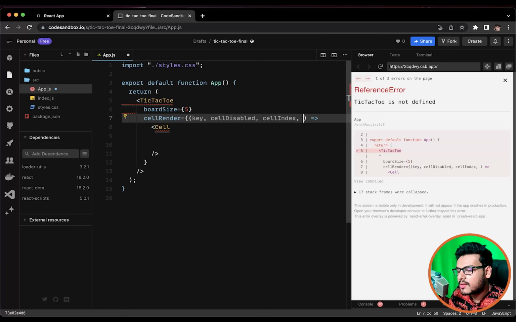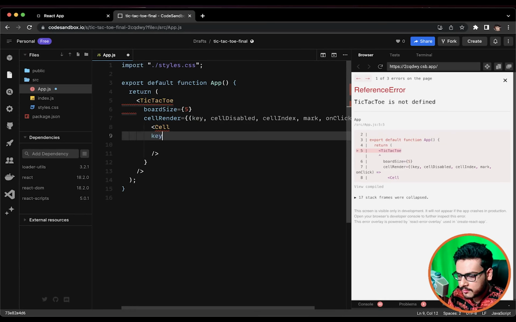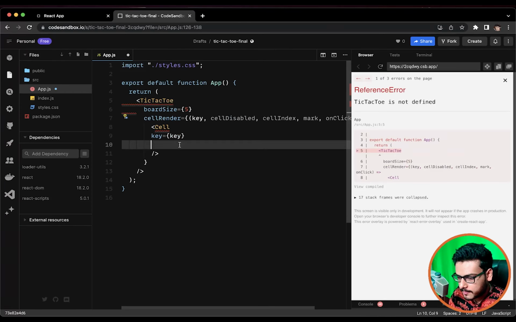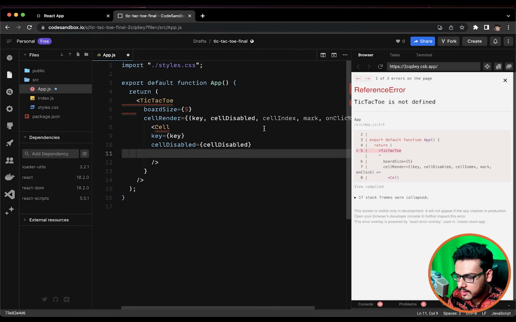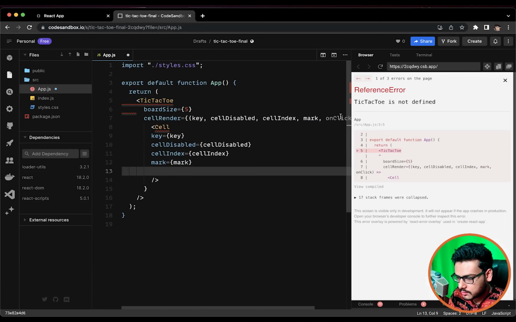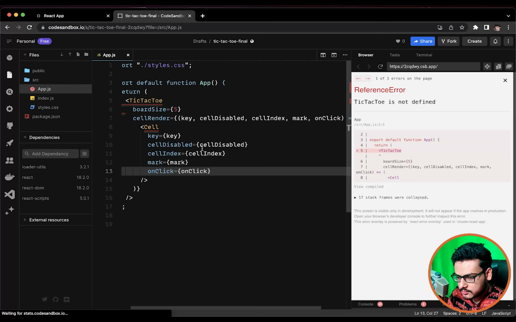I'll tell you what the cell index is, and we'll be using a mark, and we'll be using an onClick here as well. So let's get them written over here. I'll tell you what these things are in a moment, but let's just have them written over here. Okay,